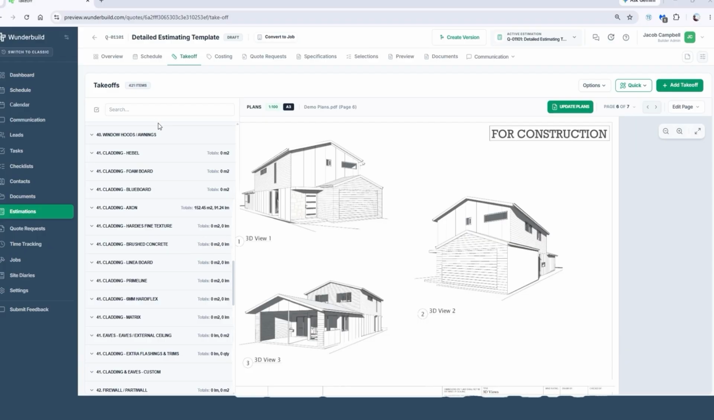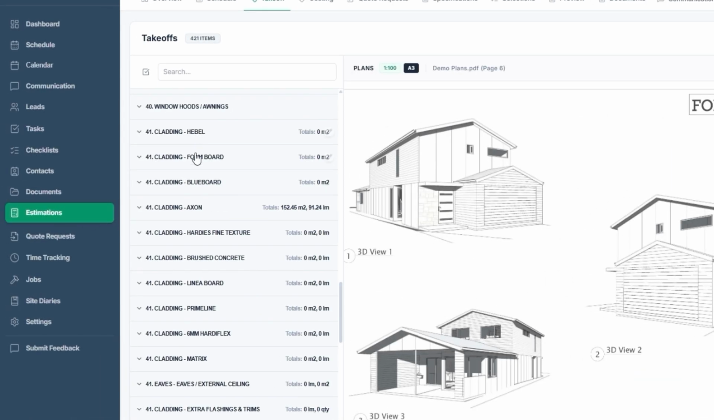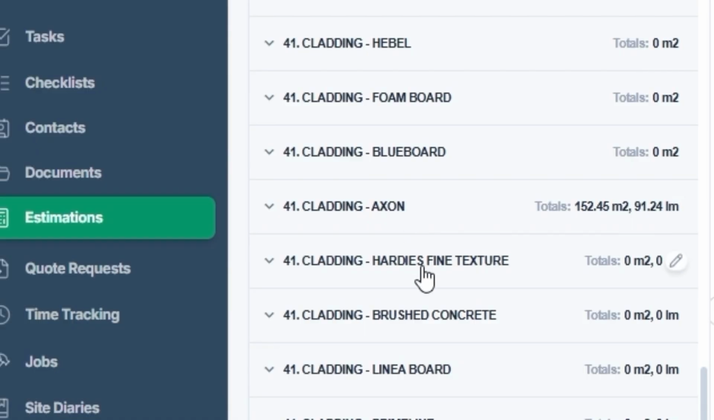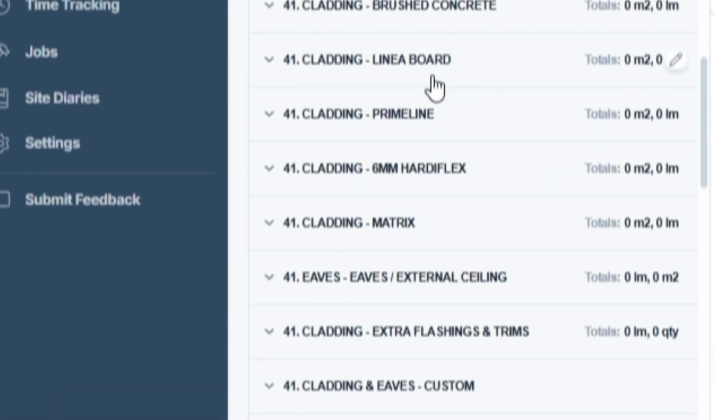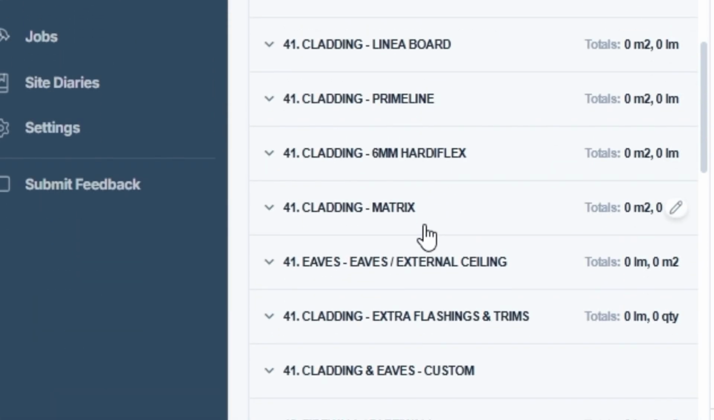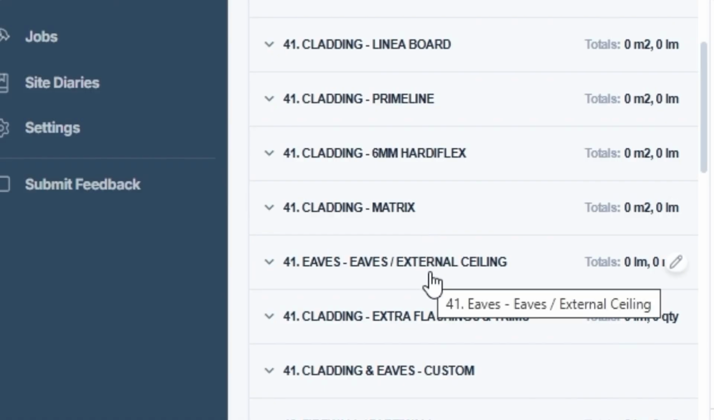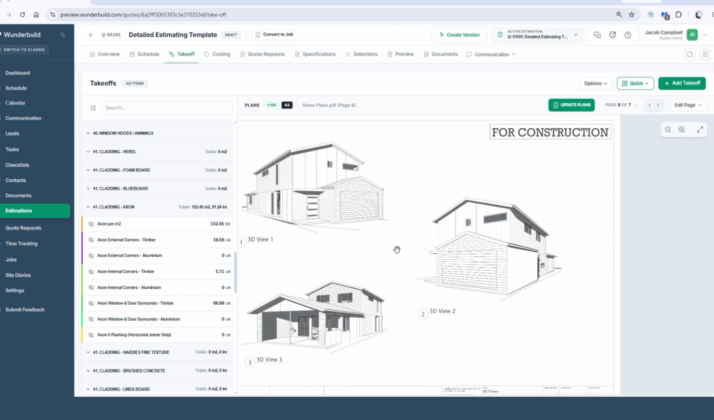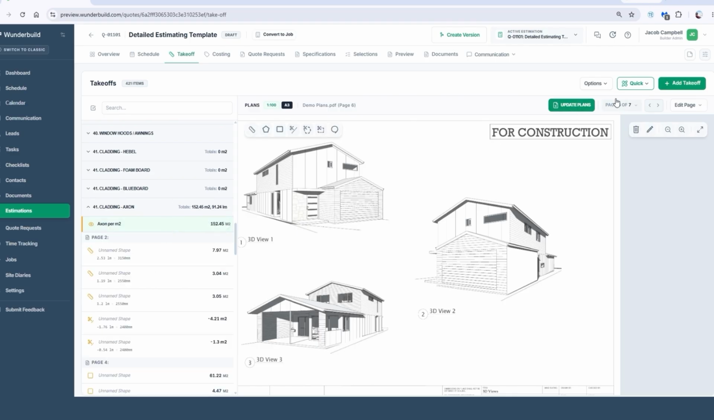So this is our Wunderbuild template, and we've got quite a few different cladding options here. So you can see Hebel, foam board, blue board, Axon, fine texture, brush concrete, linear, primeline, HardieFlex, matrix, eaves and external ceilings. So all of these are automatically calculating. All we've got to do, so I've already done an Axon takeoff here on this job. We can see if I go across and click this item,